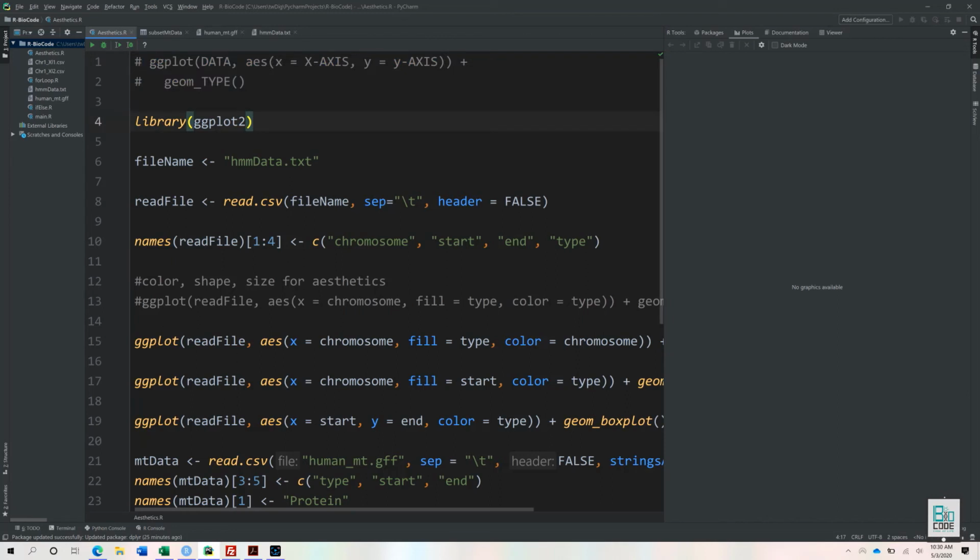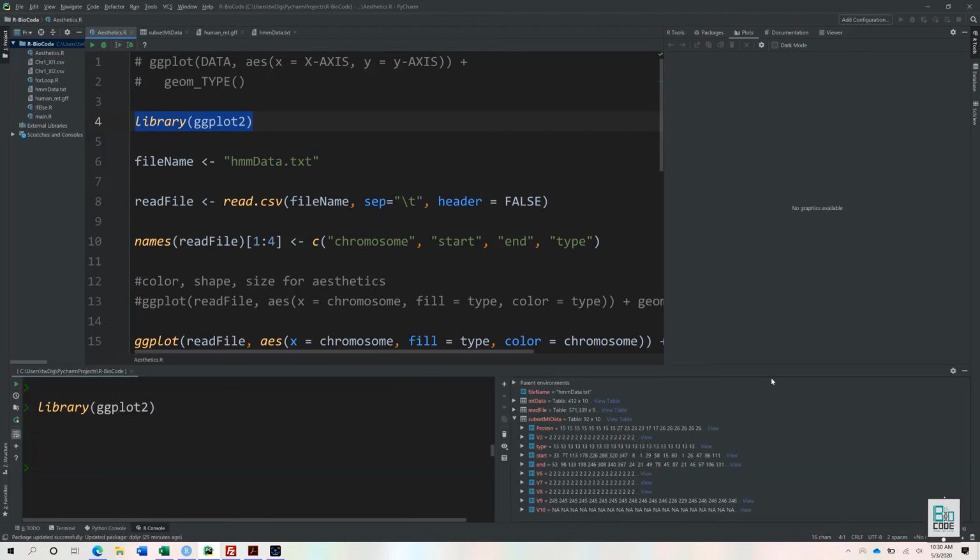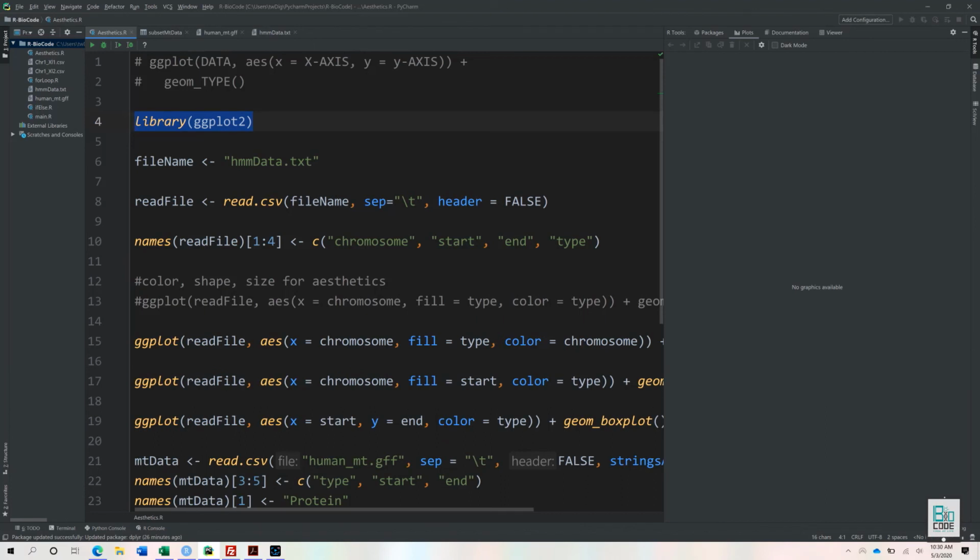First of all, you have to obviously initialize library ggplot2, and I'm utilizing PyCharm. By the way, you can do the same process in RStudio. I'm not going to utilize RStudio because PyCharm is more efficient when the data sets get bigger and better. You can download PyCharm from the link in the transcription. I recommend downloading and installing it. RStudio is good for beginners, but since you are not a beginner anymore, you are at the intermediate stage, I recommend that you install PyCharm because it provides a more efficient way to analyze data.